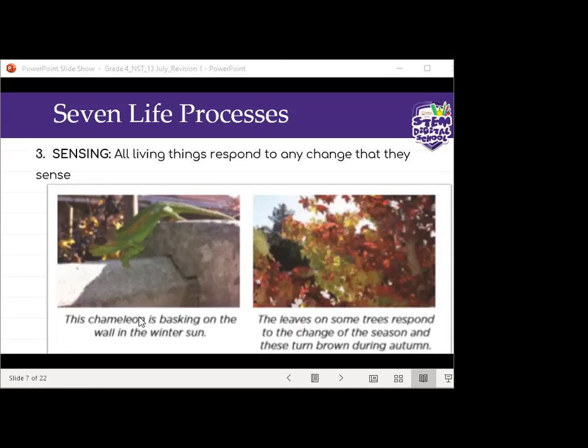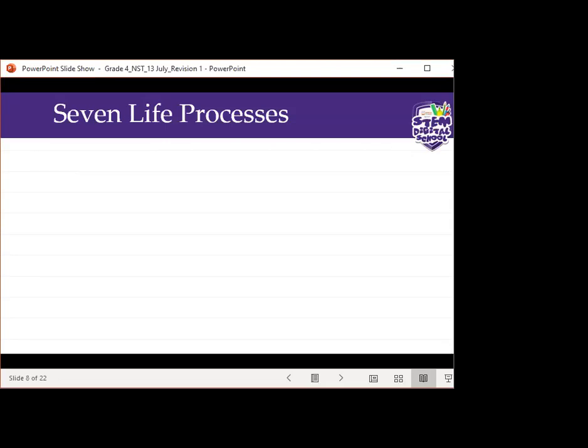So let us move on to the next life process. And I believe it's the fifth one, if not the fourth. Okay, let's see. Okay, it's the fourth one, and it is breathing. So we're saying that all living things breathe gases in as well as out. So I see Zoe's hand is up, and I will ask Zoe for an example. Zoe, hello, ma'am. How are you? Fine, thanks, and you, ma'am? I am well, thanks. So Zoe, give us an example of living things that breathe in gases as well as out.